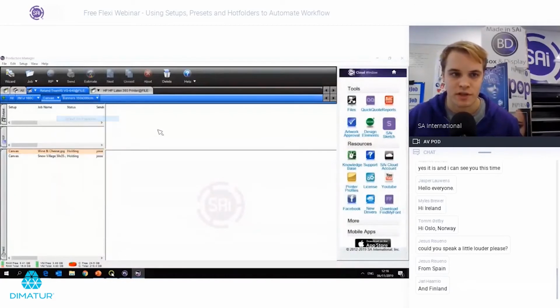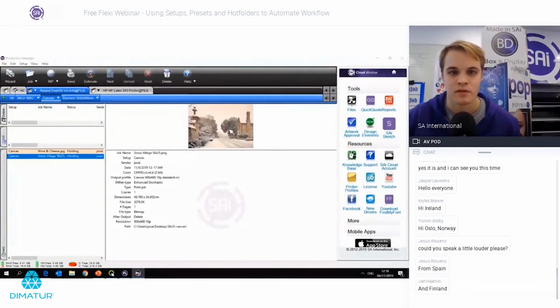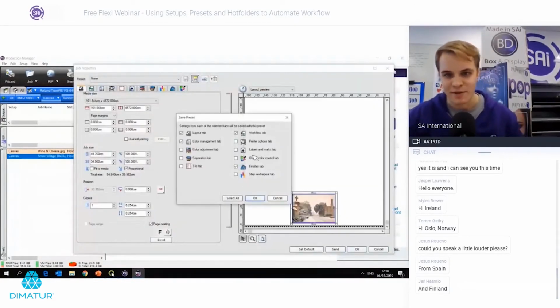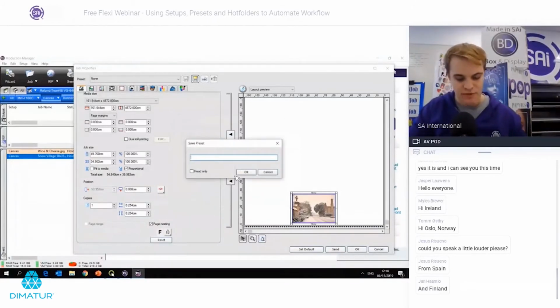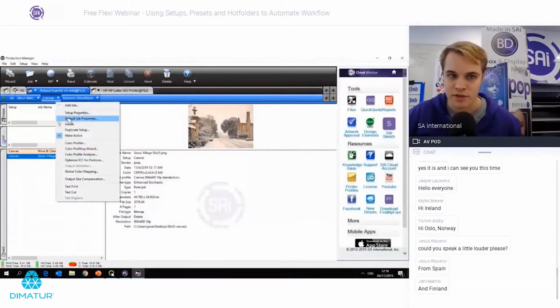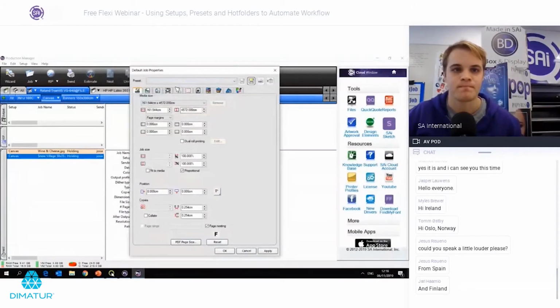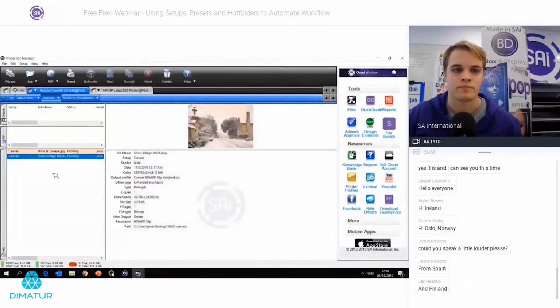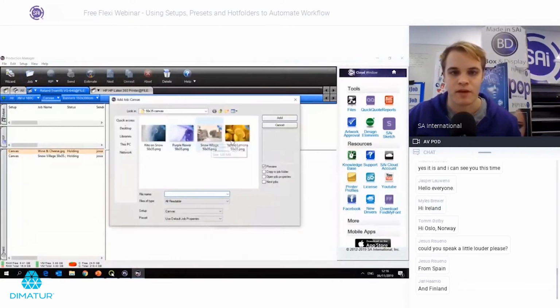Now we're going to go to our default job properties. Oh, sorry. Now we're going to save our preset. So again, finishing tool tab, color management tab, layout tab, anything else we want to change. Save it as canvas. Okay. And then in our default properties, we select our canvas preset and we apply it like so. Now, any other jobs that we add into our canvas queue,